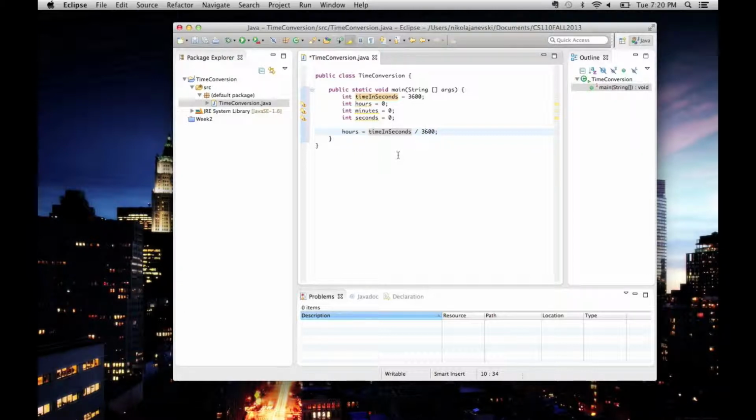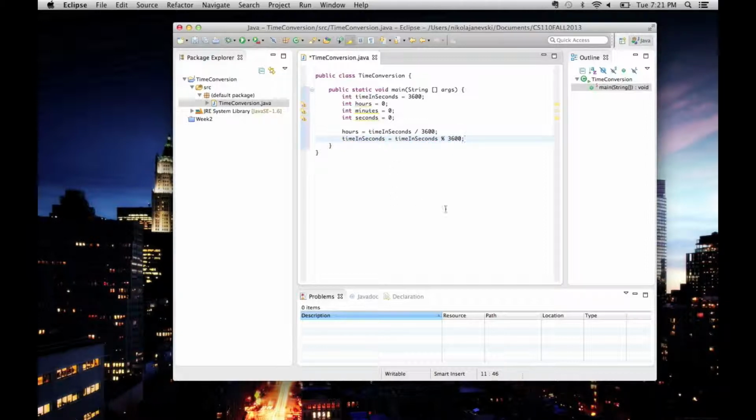If we want to have something like that, we have to use variables of type double. So this way, if we divide, for example, 3600 by 3600, it will give us 1 hour. Now, because we already divided by 3600, we actually got the part with the hours, so we just want to get the remainder, because the remainder is seconds that need to be converted to minutes and seconds. To do that, we're going to write timeInSeconds is equal to timeInSeconds modulus